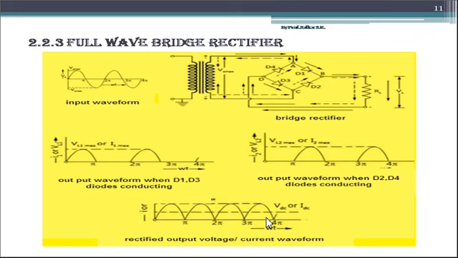So now you may have a question: why do we learn these different types of rectifier? As these rectifiers are classified into different types, according to their need and applications, we have to connect them in the particular application or particular circuit, because the efficiency of these three kinds of rectifier is different from each other. That is, we know efficiency is the output by input ratio.